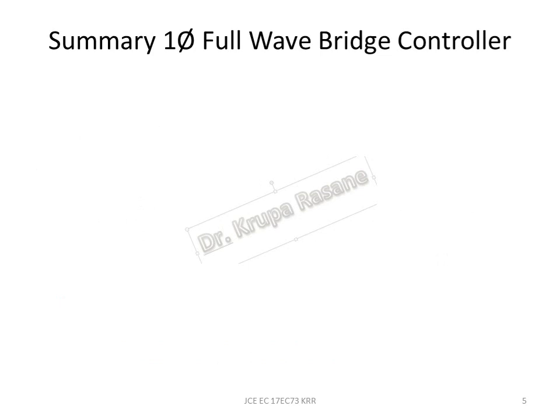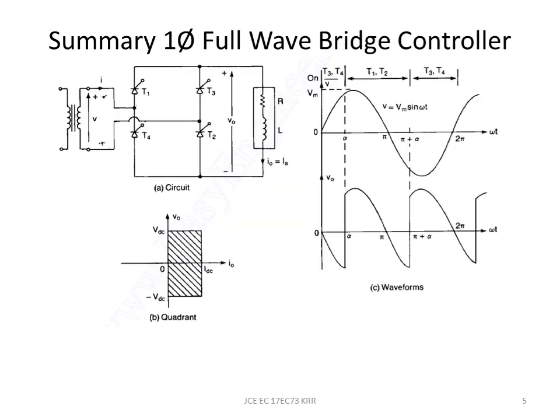Let us briefly look into the single phase full wave bridge controller. Well, it will consist of an input transformer. The secondary is connected to the bridge which is consisting of 4 thyristors T1, T2, T3, T4 and we are looking at a load which is inductive in nature. So I will show RL load to be connected here. And we know that during the positive half cycle T1 and T2 is forward biased because this is plus and this is minus, and during the negative half cycle T3 and T4 is forward biased.